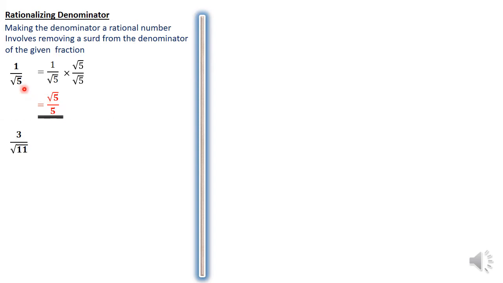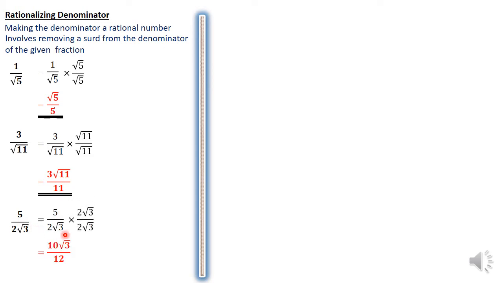If it was, say, 3 over root 11, it means we would multiply 3 over root 11 by root 11 over itself. And this is what we have. And therefore, the numerator will be 3 root 11 all over root 11. Again, if we're having 5 all over 2 root 3, we'd have to multiply both the numerator and the denominator with 2 root 3, which would be this sort of a thing, and the answer would be simply 10 root